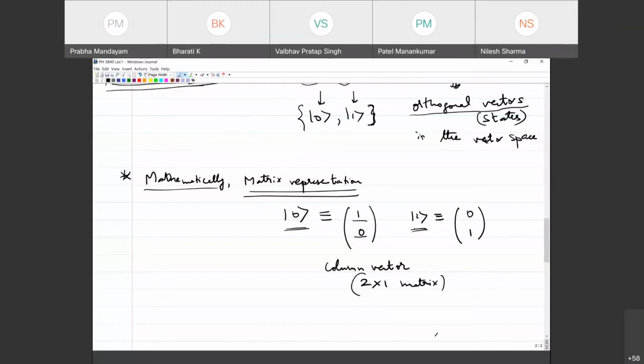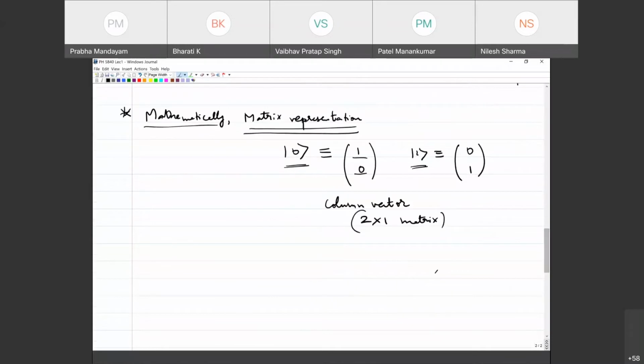Now you see that an arbitrary, general qubit state, we said it can exist as a combination, right? So a general qubit state, and I will introduce the notation psi now. This is what we call ket psi. This, as we said, can be written as